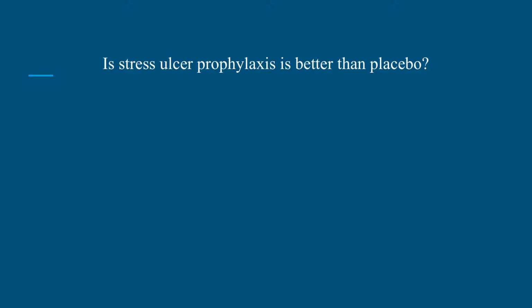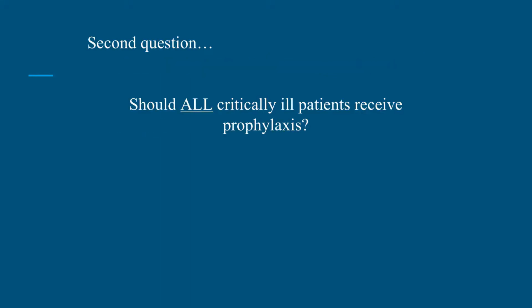So what's the answer to our question? Is stress ulcer prophylaxis better than placebo? And I think the answer is yes. So now our second question: should all critically ill patients